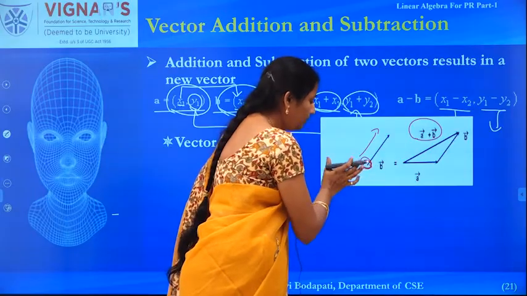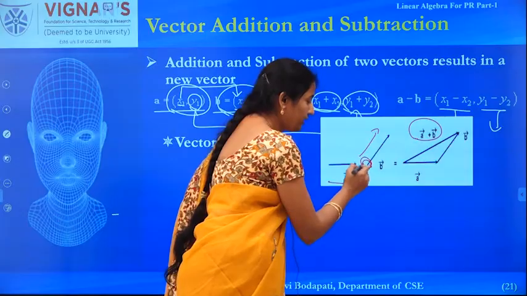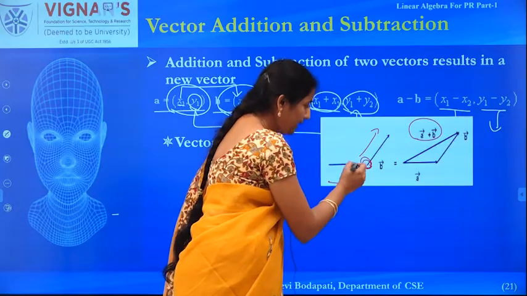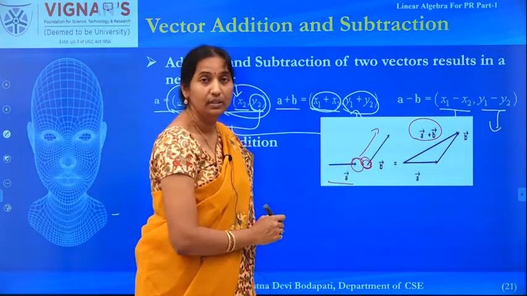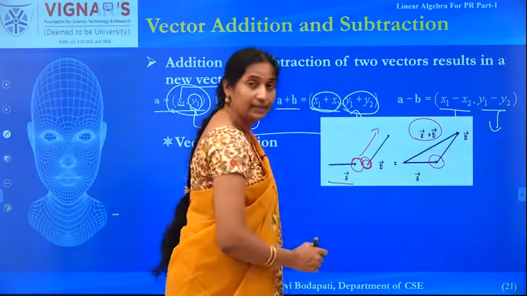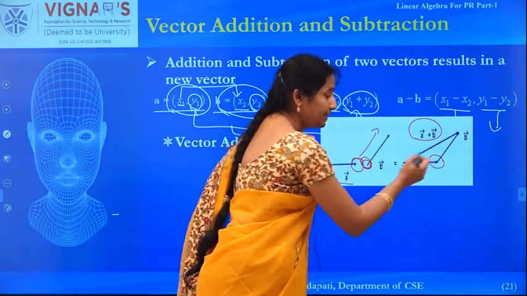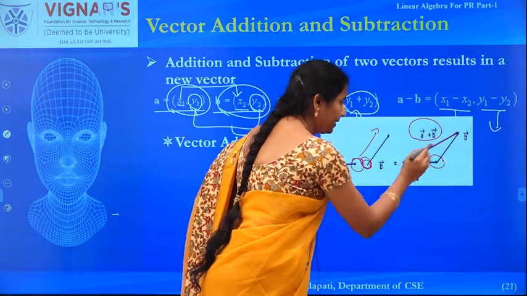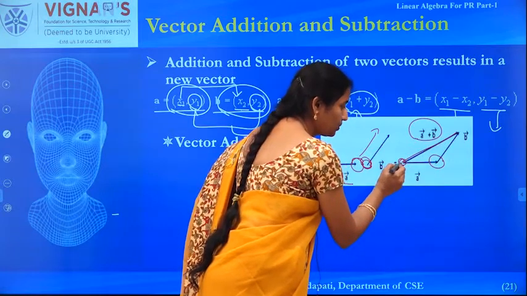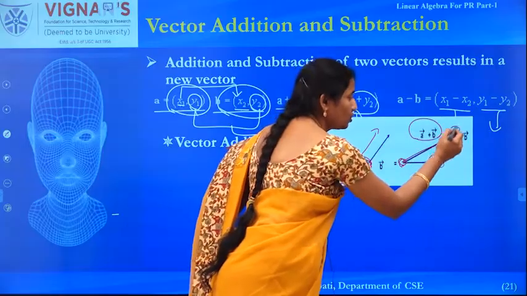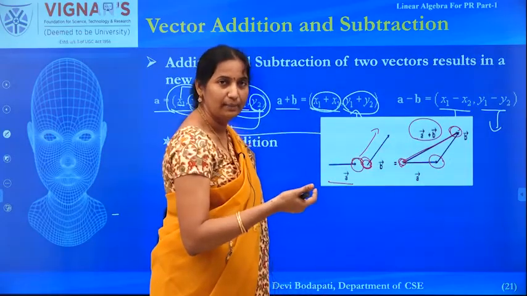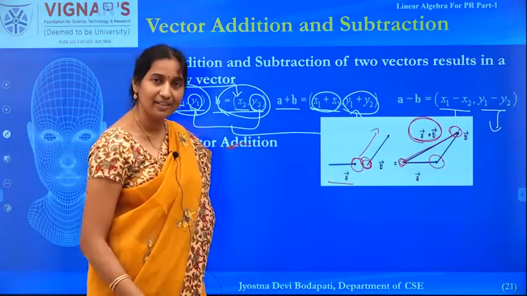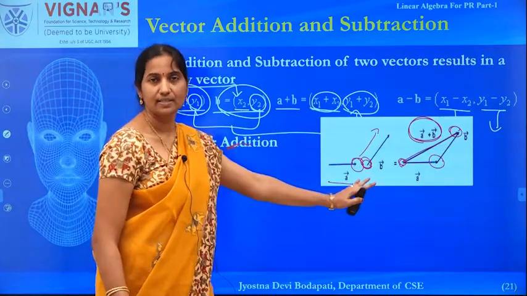So, I should position these two vectors such that the initial end of B is placed at the terminal end of vector A. So, now I placed it such that the initial end of B is placed at the terminal end of A. Now the new vector that has the initial position at the initial position of A and the terminal position of B is a new vector, right, in the two-dimensional representation. So, that gives me the addition of these two vectors. So, that is how you can represent the addition of two vectors.